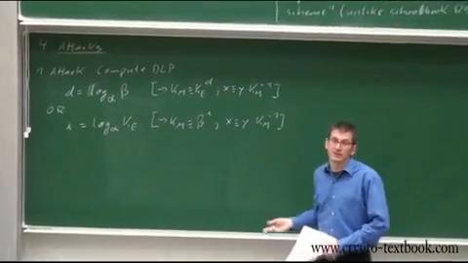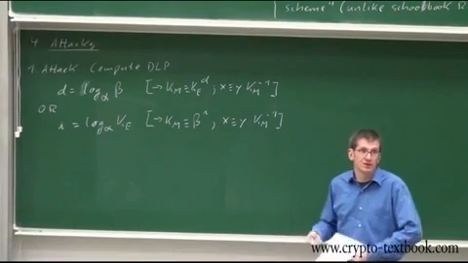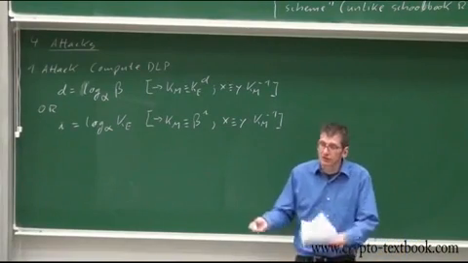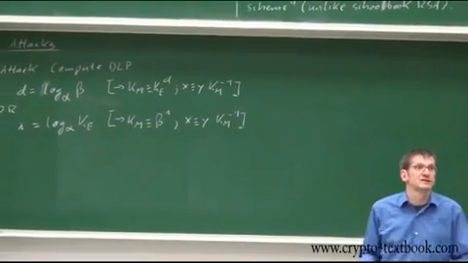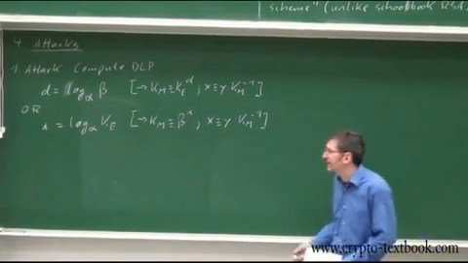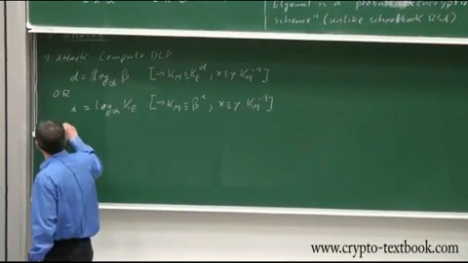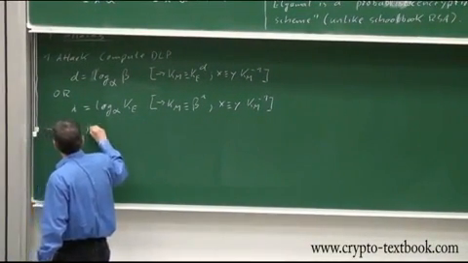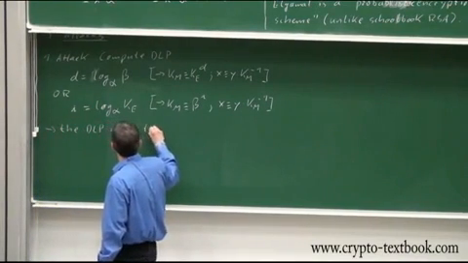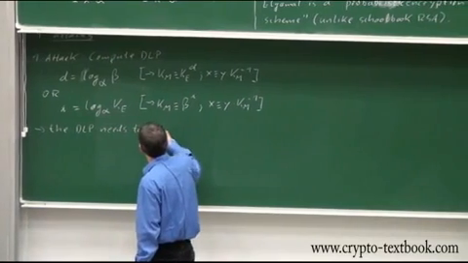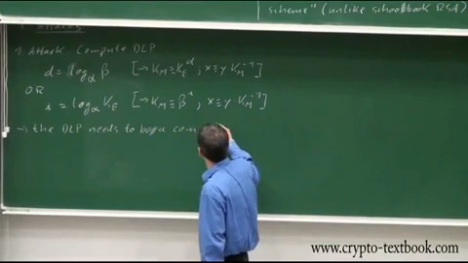What is the problem here? Well, the problem is he has to compute a discrete logarithm problem. Okay? So as the good guys, as Alice and Bob, as the designers of the crypto system, we must make sure that the discrete logarithm problem is very hard. Okay? So the discrete logarithm problem needs to be a computational